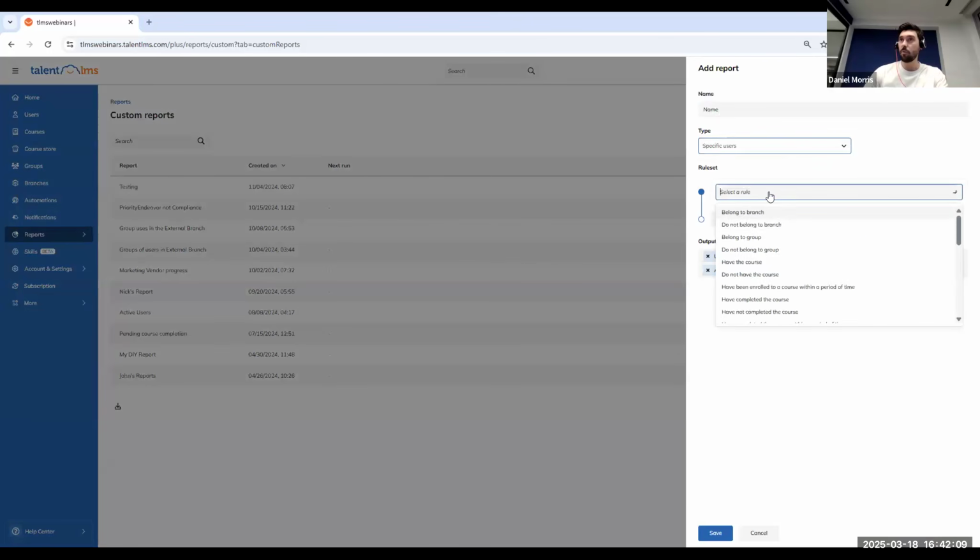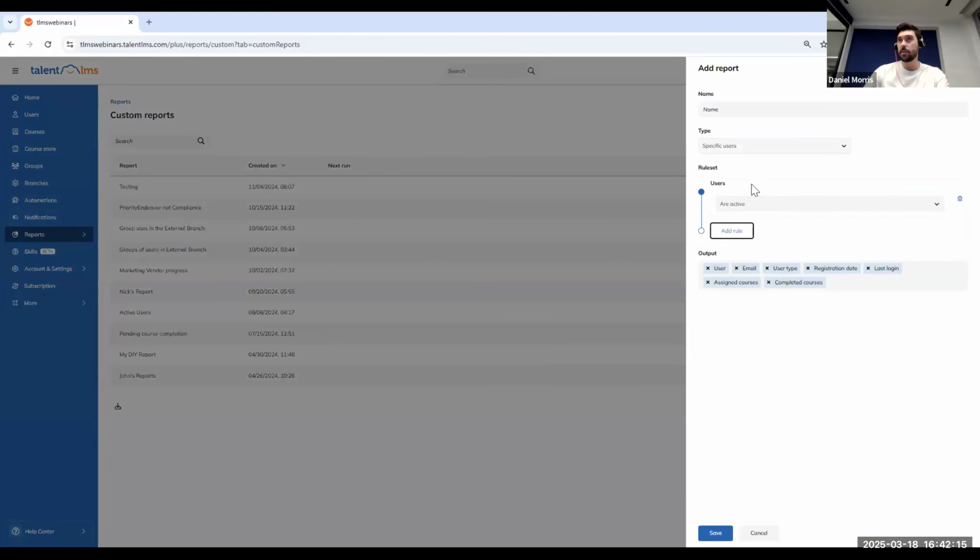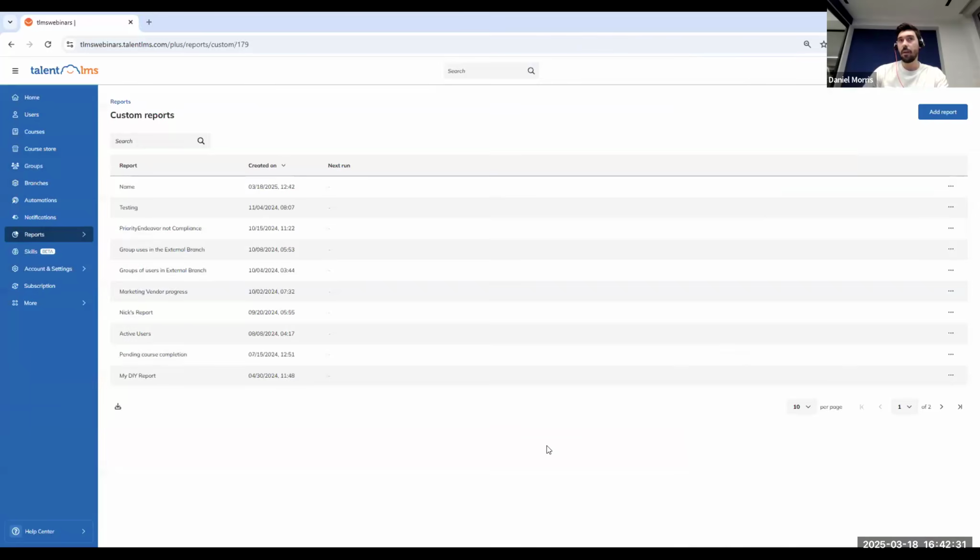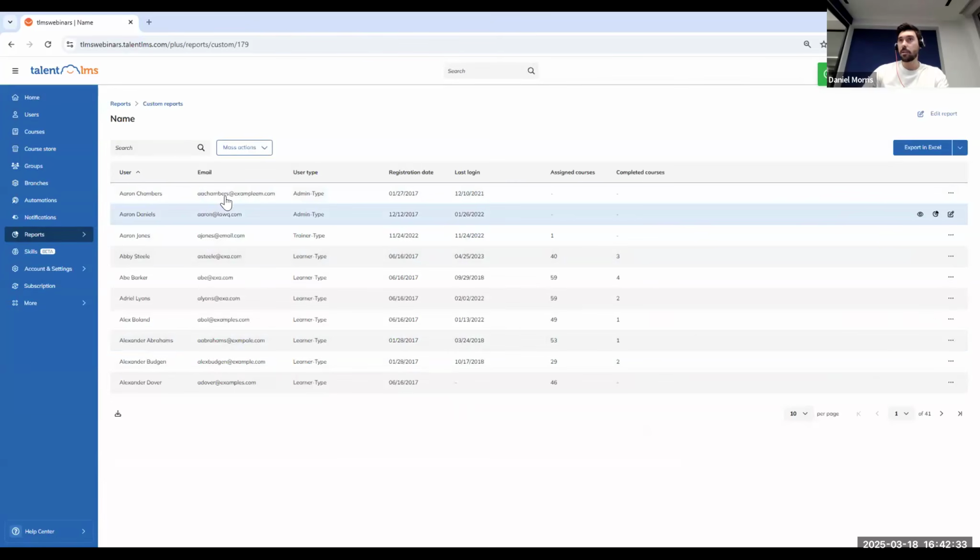You can create up to 5 rules to determine what kind of data is going to be brought back. I'm going to do a very simple one today. I just want to check which of my users are currently active in my LMS. So I can set that as my rule. And in the output section here, you can also add additional columns, which will display when you've generated your report. So if we go ahead and save that, here we have our custom report of our active users,